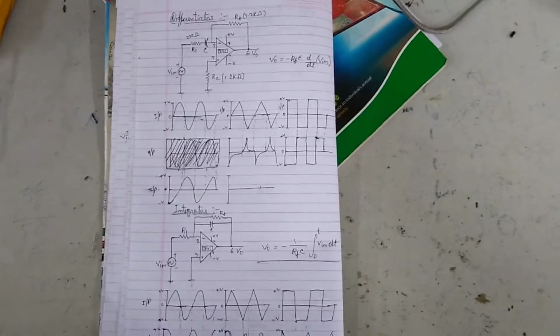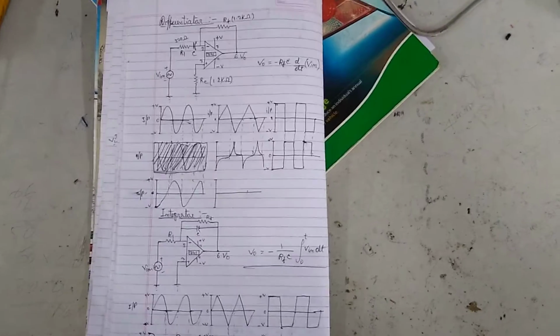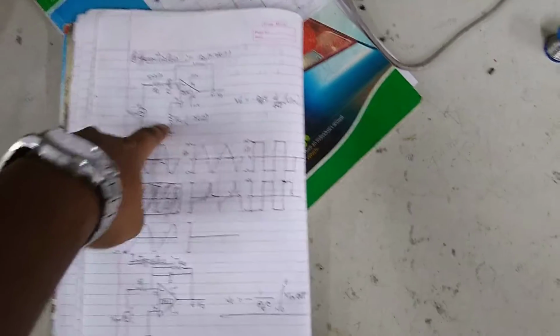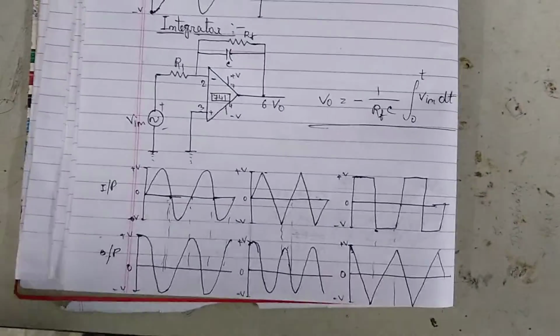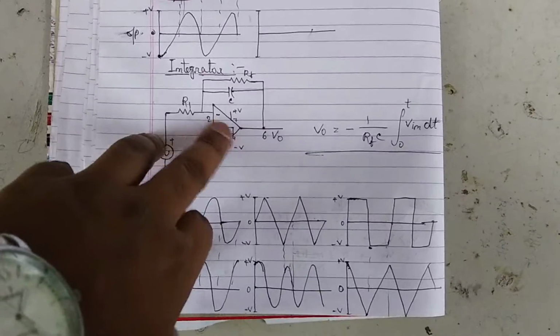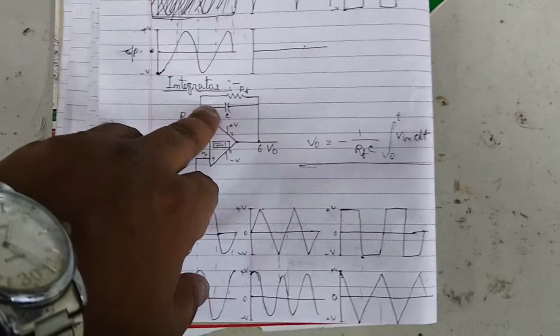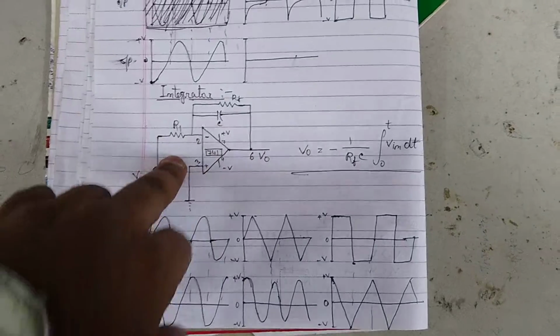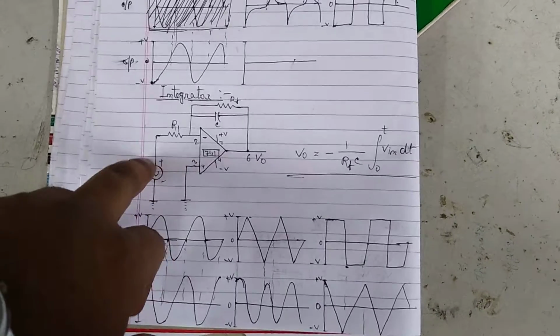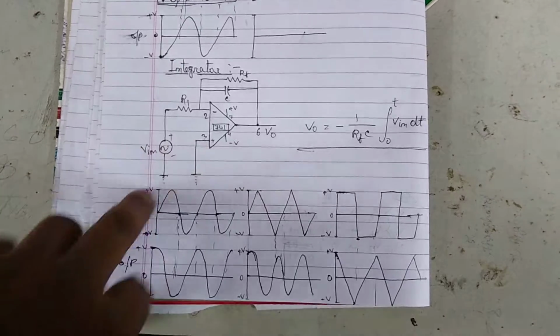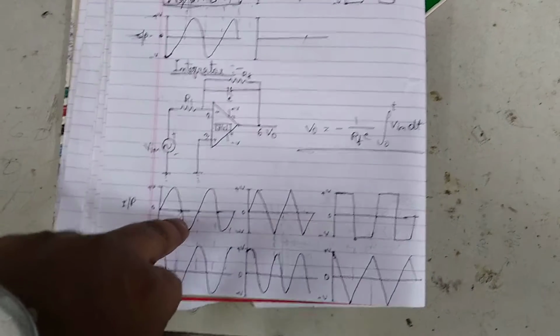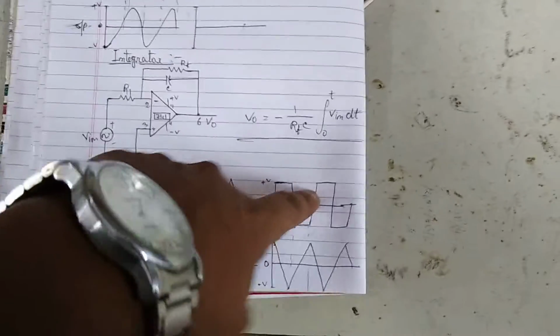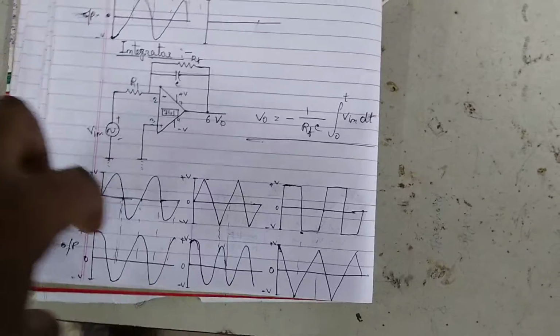Hello students, these are the mathematical operations of op-amp circuits, that is the integrator and differentiator circuits. This is the integrator circuit. See it first. This is an op-amp integrator circuit having a capacitor in parallel between the output and the input terminal. We have applied an AC source as input here, that means a sinusoidal wave, triangular wave and rectangular wave as input, and the output will come according to the input